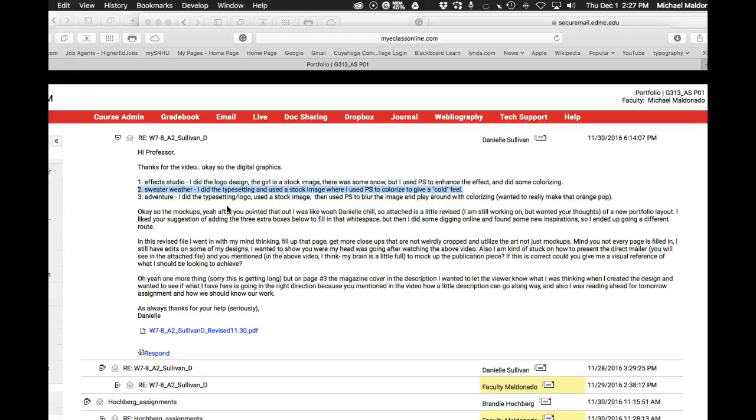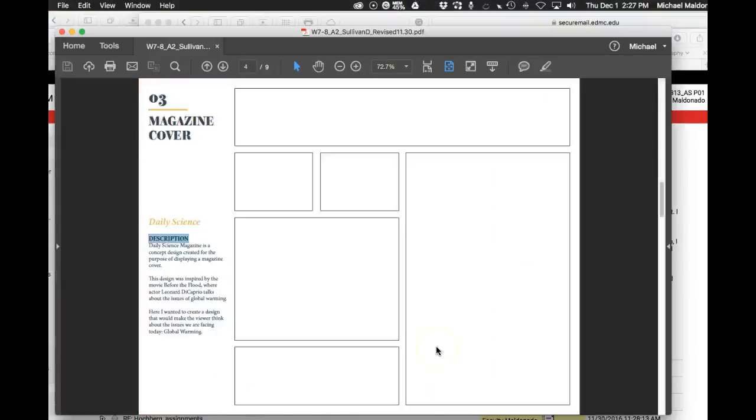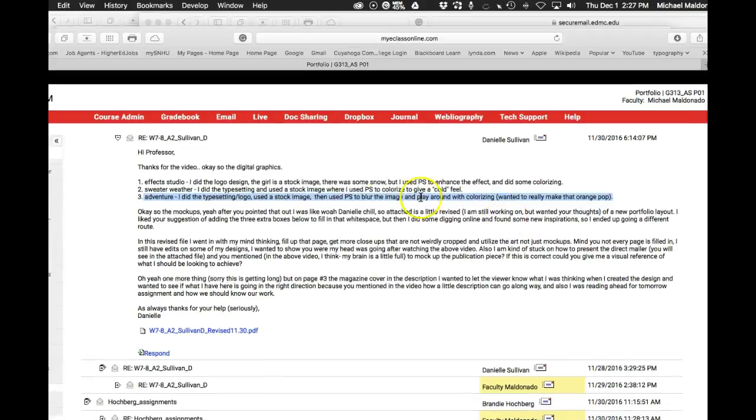All right, so Effect Studio Adventure. I did the typesetting, used stock, and then used Photoshop to blur the image and play around with the colorizing. I really wish I knew this was in front of me. I thought you were going to include everything in this one because I'm not familiar with all these pieces, but I know Sweater Weather. Effect Studio. Oh, Adventure was the bag. Blur, play around with the colorization. Yeah, okay. So that was the bag, and then Effect Studio, the logo design, the girl as a stock